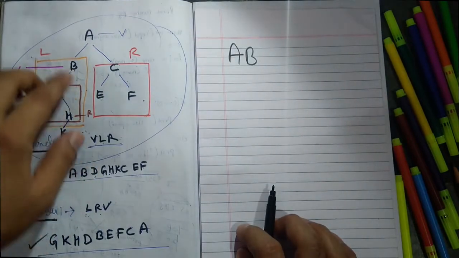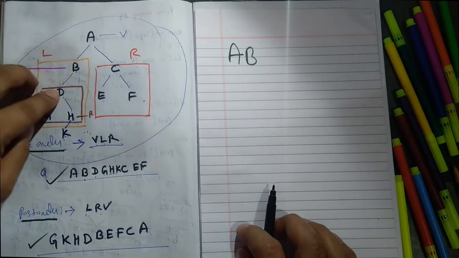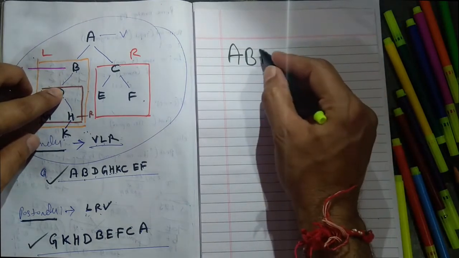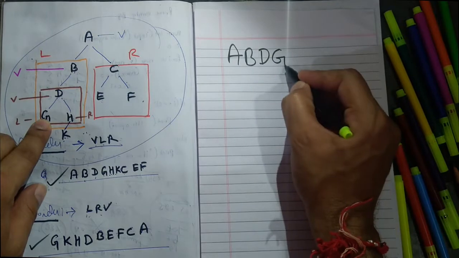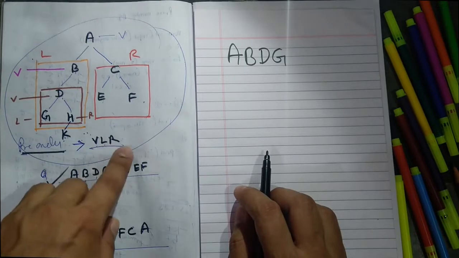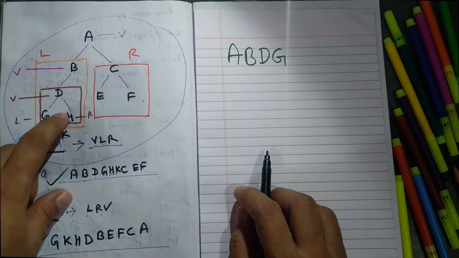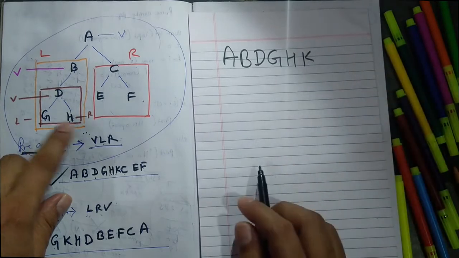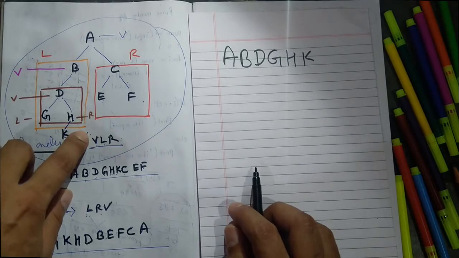Now again there are many elements, root. Now left, root done. Now left. So now on the left there is also another element, so this is root again. Now on the left there is nothing, so left done. Now root done, left done. Now right: in right, root left right, root done, left done. Now right, in right there is also another element, so this is root again, left is K. Now in right there is no element, so root left right is done.